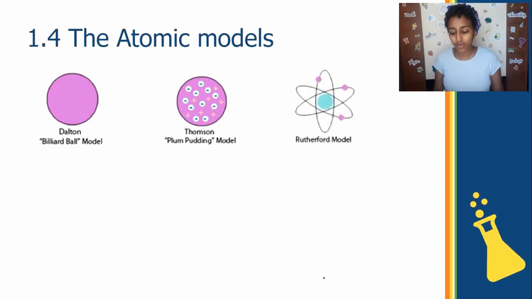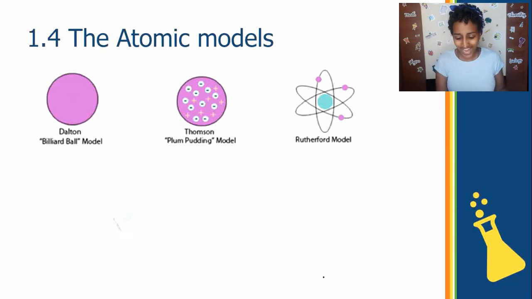But next we have Rutherford, and Rutherford is the one that discovered the nucleus. So he knows that atoms aren't a solid ball, they're actually mostly empty space, although there's this dense central nucleus. He knows the nucleus is positively charged because we have protons and neutrons. Neutrons have no charge, which leaves this positively charged, dense but small nucleus. And he knew that there were electrons orbiting in some way around this nucleus. His downfall was he didn't know how they were orbiting around the nucleus.